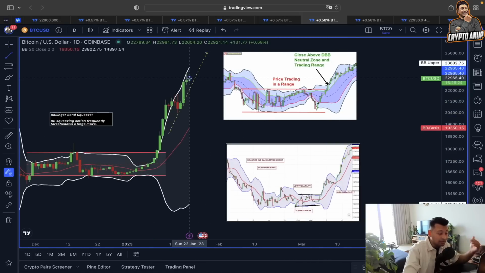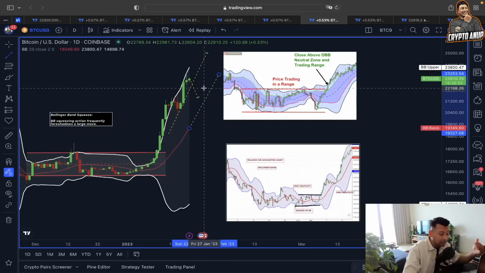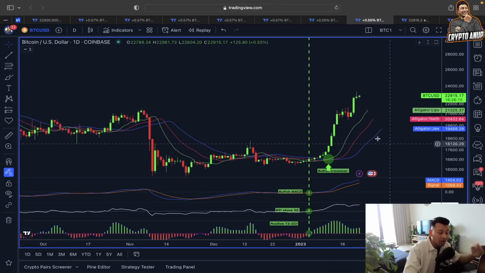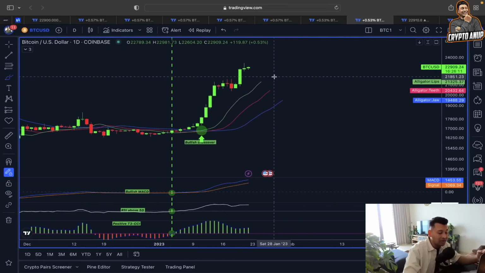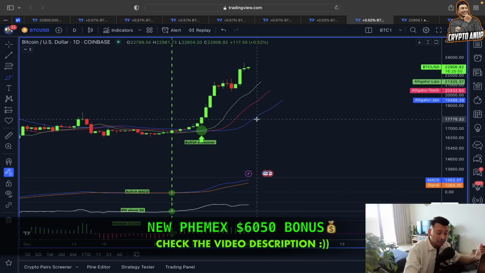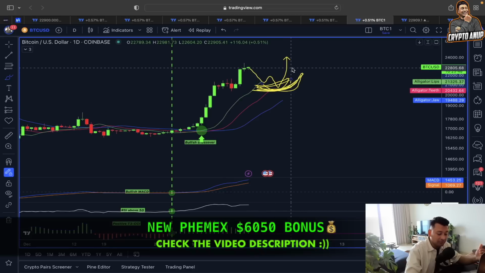And any sort of exhaustion, any sort of retracement, the central line is going to act as a strong line of support. And also this Williams Alligator indicator is going to act as a strong line of support. Yes, these lines are definitely going to be one very, very important line of support, because the price is above it. Being above the Williams Alligator indicator means the trend is turning bullish, and any sort of retracement here could find strong support in this manner.